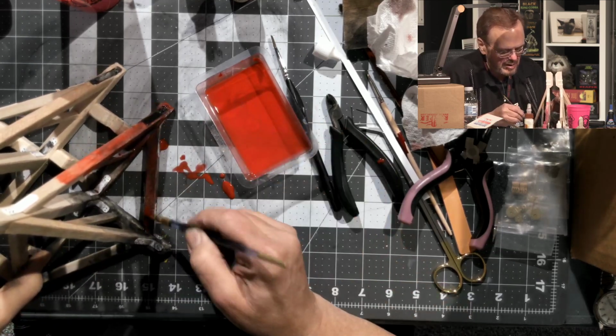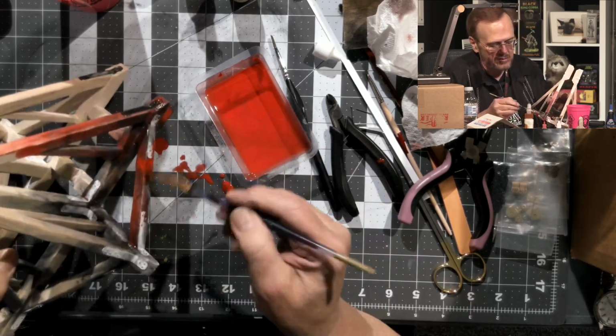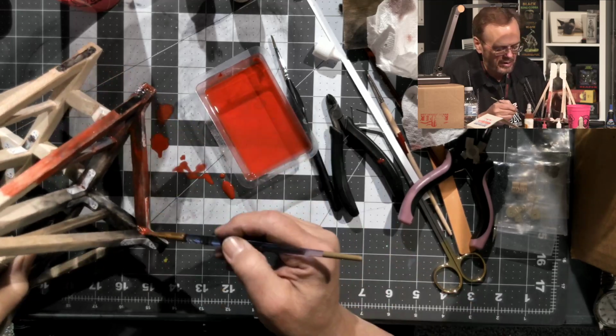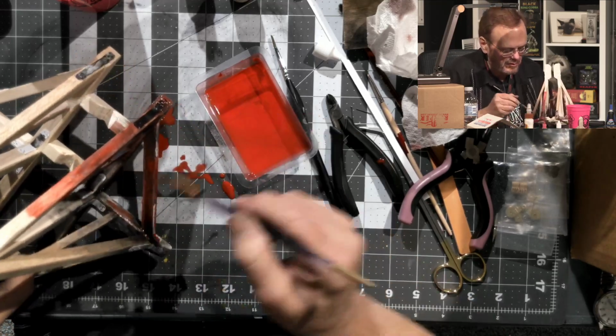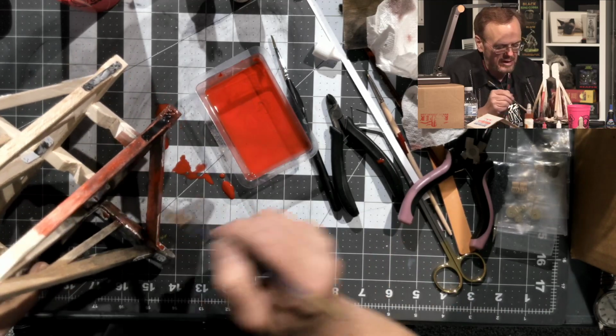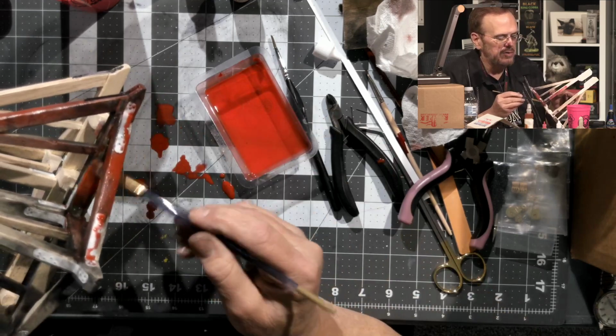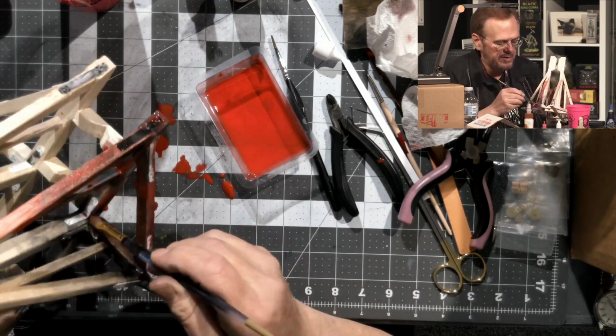Because originally we're painting it in reverse. Originally it was painted red. And that's a traditional way: you could go in and paint it red, and then we could apply weathering technique after weathering technique, or this, that, and the other. And that's a fine way to do it too. But I sort of always liked